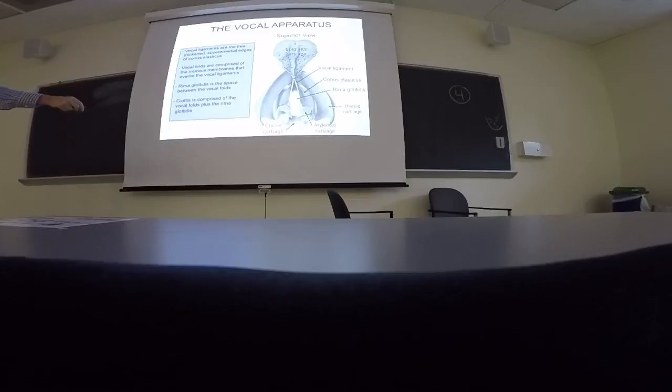The ligaments running from the vocal process of the arytenoid cartilages to the inner surface of the thyroid cartilage are referred to as the vocal ligament. This structure to the side, going from the inside of the thyroid to this vocal ligament, is referred to as the conus elasticus. The whole area here is referred to as the glottis. The gap in here between the right and left vocal ligaments is referred to as the rima glottidis, the rim of this whole thing, which is the glottis. Like I say, this vocal ligament runs from the interior surface of the thyroid cartilage back to the vocal process. So with these arytenoids, these little muscles attach here, and they can rotate the arytenoids and stretch this or make it